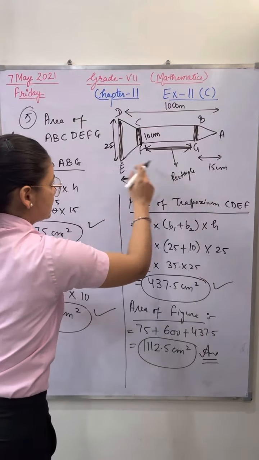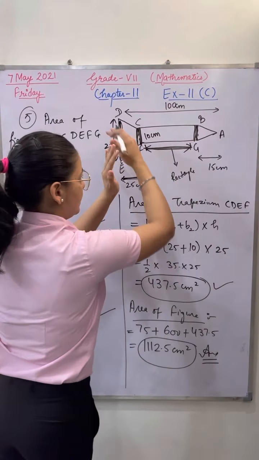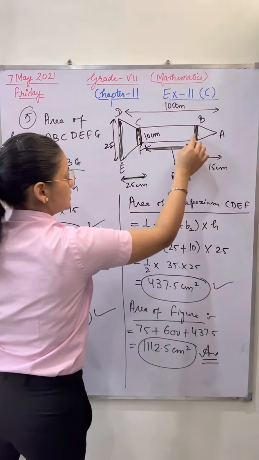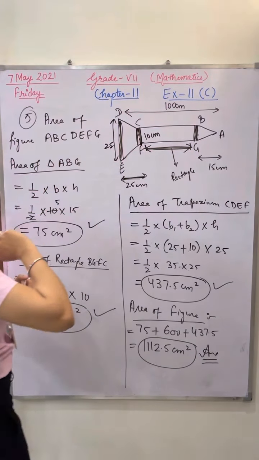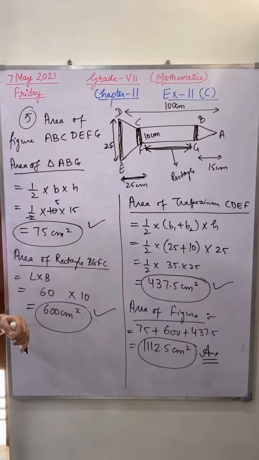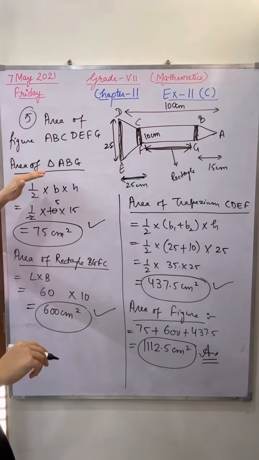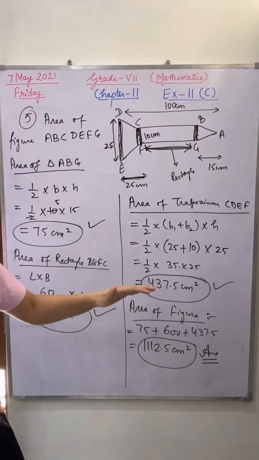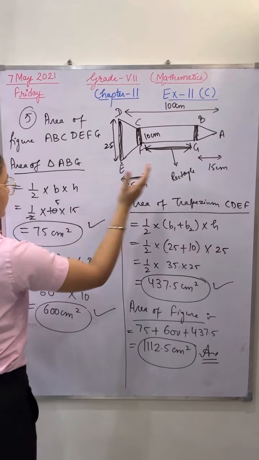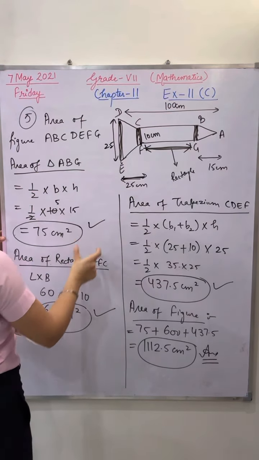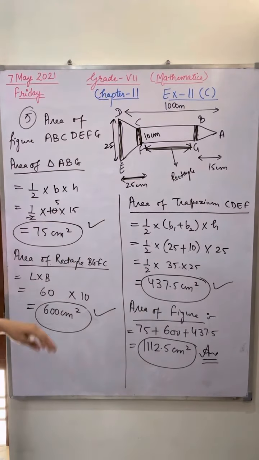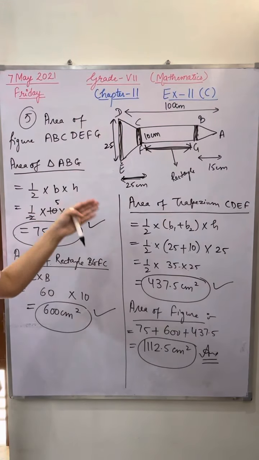You have taken out the area of this complete shape. In this complete shape, you can split the shape into different parts. This is a triangle, this is a rectangle, and this is a trapezium. First of all, I'm going to take out the area of triangle ABG. In the PDF which I have given to you, which I will send to you, I have taken the areas combined: area of triangle ABG plus area of rectangle plus area of trapezium together. It doesn't matter. You can take them out combined or one by one.